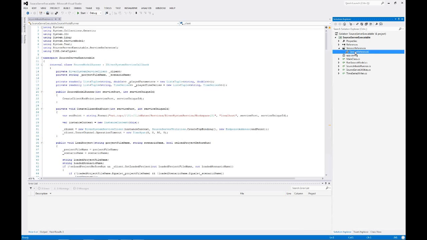What this does is it allows you to get your hands on an object on which you can then call the methods available through the service interface. So you can do things like load project, play data in, set recorders on and off, set the time span for the run, invoke the run,